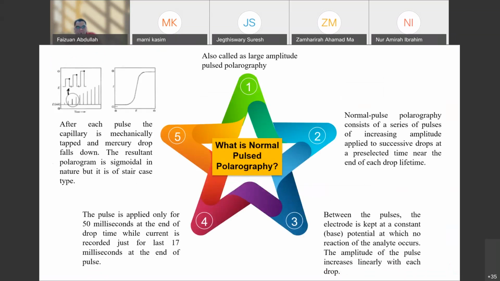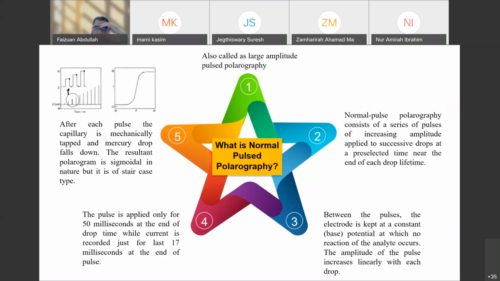So what is normal pulse polarography? Normal pulse polarography consists of a series of pulses of increasing amplitude applied to successive drops at a pre-selected time near the end of each drop lifetime. Between the pulses, the electrode is kept at a constant potential at which no reaction of the analyte occurs. The amplitude of the pulse increases linearly with each drop. So the current is measured